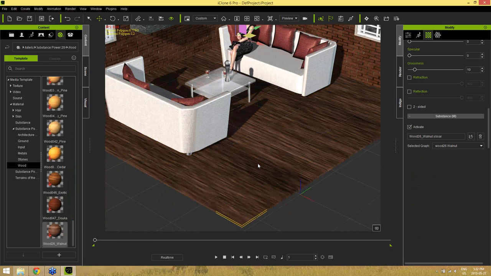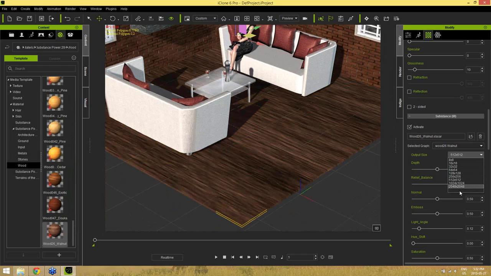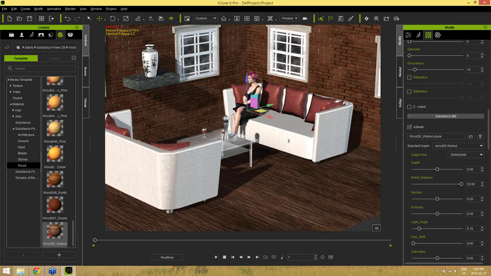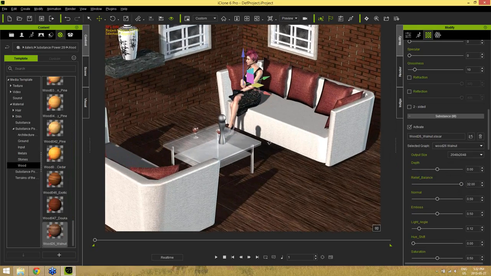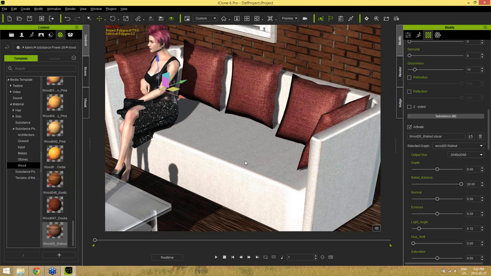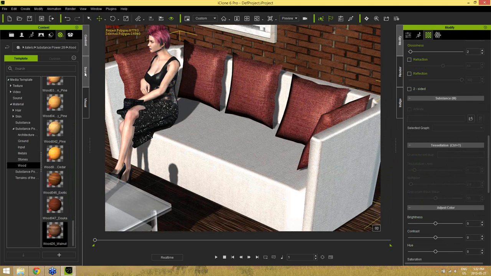Let's just use this walnut one and change that to 2048. That's a nice dark color right there. Okay, we'll just go ahead and keep it with that one for now. I think I'm fine with that one. So there's our nice looking floor, and what I can do is go to the sofa again, into the scene